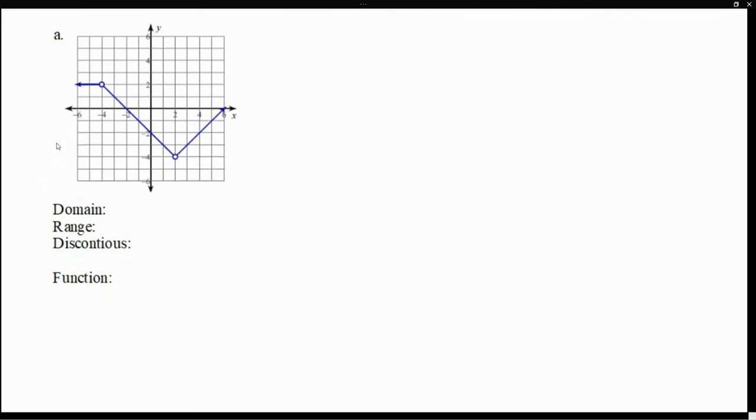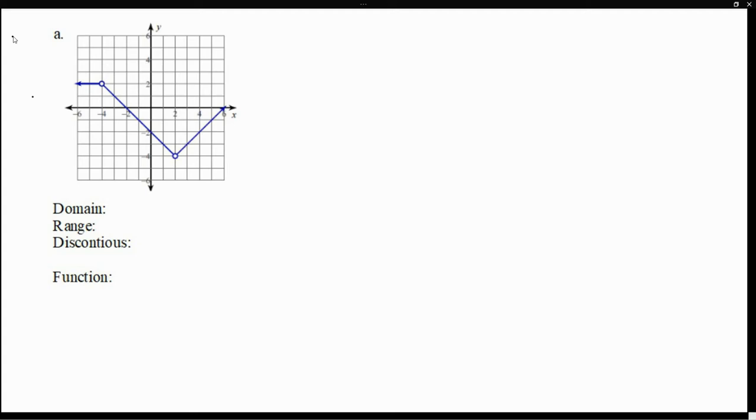So here we have a graph which should represent a piecewise function, and our job is to properly define a function where, if we graph that function, it will give us this piecewise function. But since we have the graph, let's start by defining the domain and the range. The domain consists of those x values that we do have for this function. So if this is our graph, notice that we seem to be using every single x value